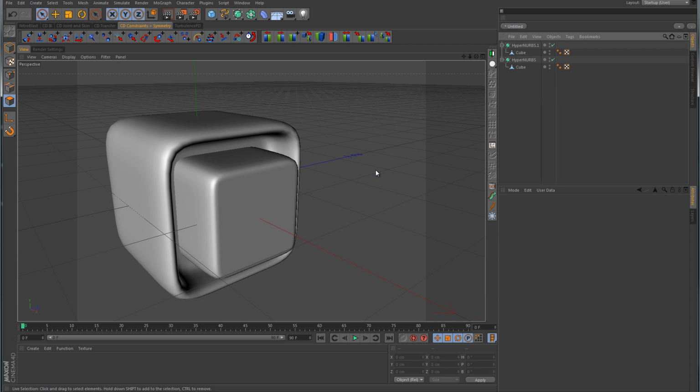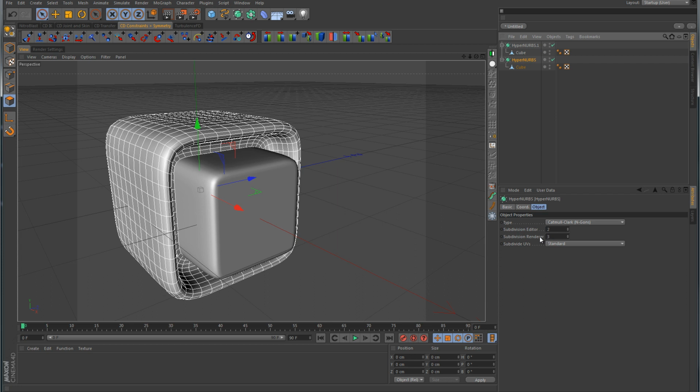A lot of people tend to have multiple objects that they want to be affected by a hypernurbs object. And when they do that, instead of using one hypernurbs like I'm going to show you here in a moment, they have many different hypernurbs. Now in some cases I've seen people have 20 or up to 30 or more hypernurbs in their scene. And this can cause a lot of problems because you kind of lose count, and some of your hypernurbs may have an editor count or a renderer count of a high value when they don't actually need it. What that means is that your viewport performance is going to be slower,